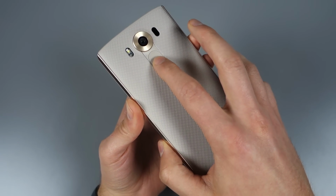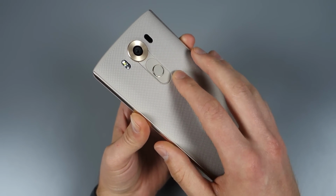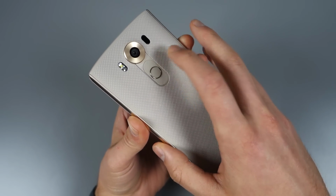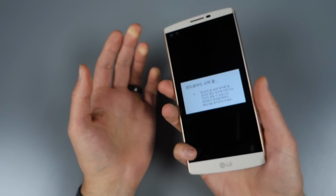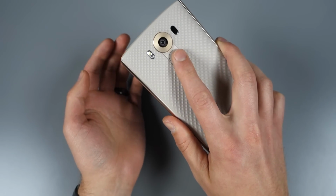It does have a fingerprint sensor here in the back where the rear-facing buttons are. So this is LG's thing, right? Power button here, centered in between a volume rocker. But that is a fingerprint sensor, so sort of like Google did with the Nexus devices. In theory, you pick up your phone and your finger kind of goes right there, so you could unlock your